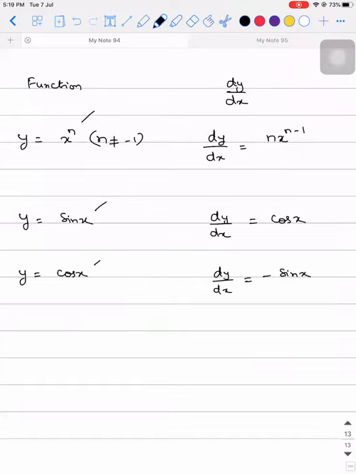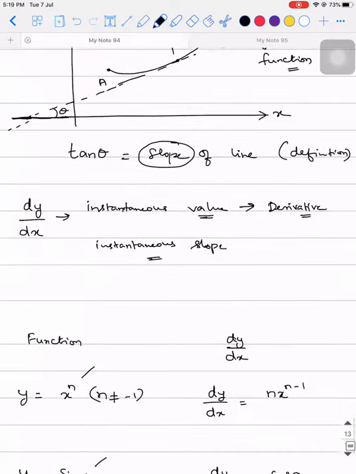So similarly, I'll give you some more extra things also. Y is equal to, if I have f of x plus g of x. See, the other way of writing dy by dx is, if suppose y is equal to f of x, then dy by dx is one of the ways of writing derivative. Or the other way is, you put f and you put a line like this on top of it. You read it as f dash of x. Okay, f dash of x.